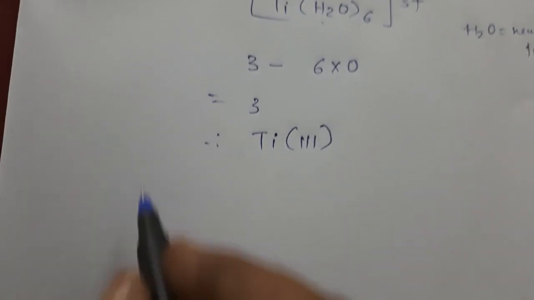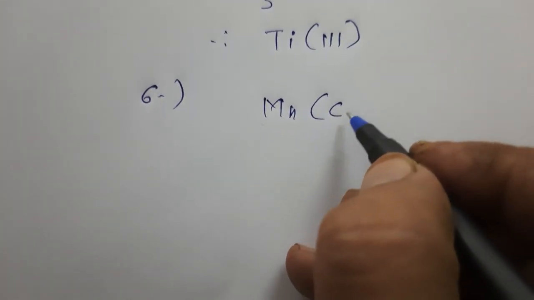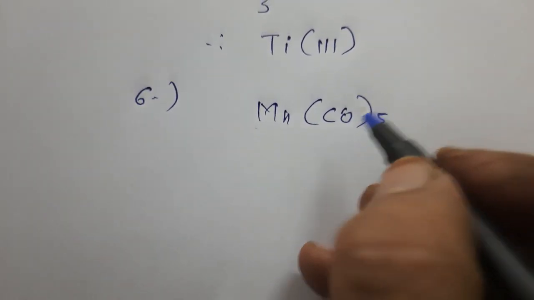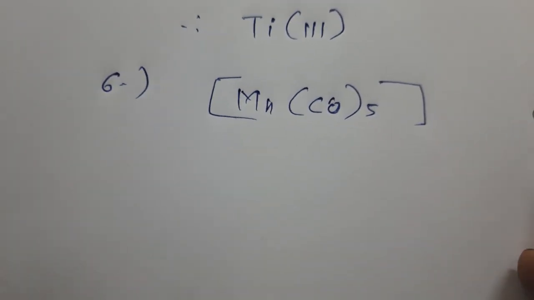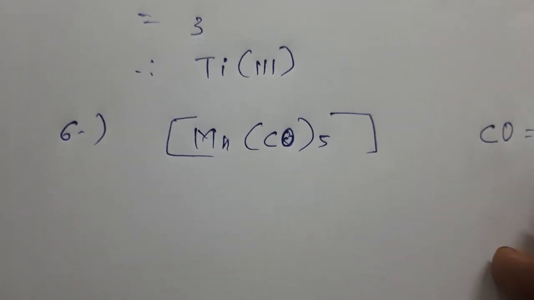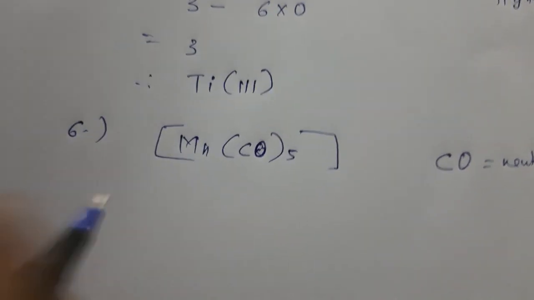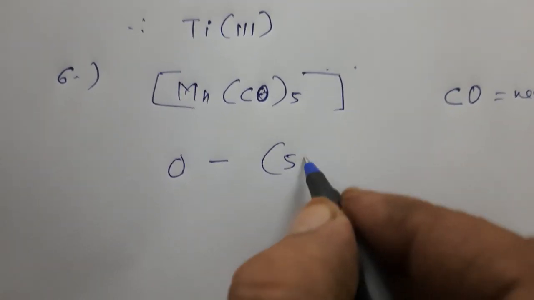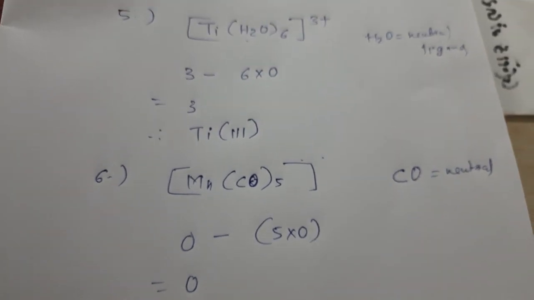एक 0 वाला भी आएगा, इंटरेस्टिंग है बेटा, देखना ध्यान से. Mn(CO)5. ठीक है, तो CO होल 5, अब नथिंग इज देयर, एंड CO कैसा है, न्यूट्रल मॉलिक्यूल है. ओके, न्यूट्रल. So it will be 0, क्योंकि देर इज नो चार्ज, so 0 minus 5 into 0 is equal to 0. सो ऐसा भी ऑक्सीडेशन नंबर हो सकता है, 0 भी हो सकता है.